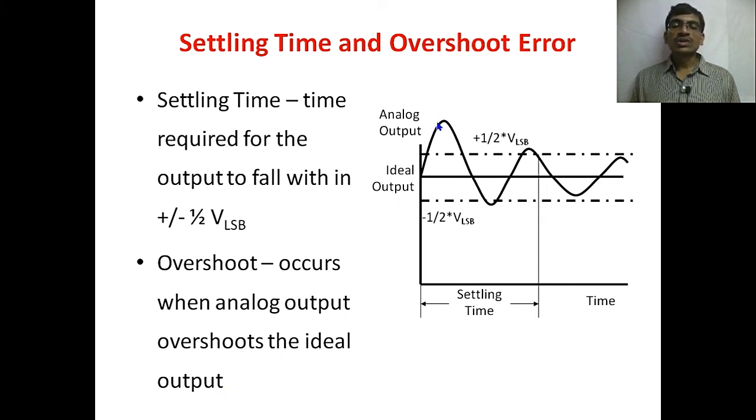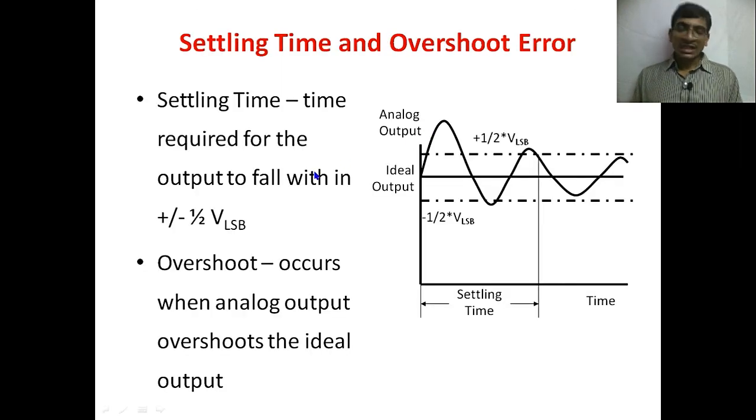Overshoot occurs when the analog output overshoots the ideal output. This is called an overshoot because exact output is this one, and then here the output is increased to overshoot and then decreased. And then here also we have overshoot. The voltage greater than the plus or minus half LSB variation is called overshoot. Here overshot, here also overshot somewhat, and here also overshot. After this it entered into the half LSB variation. This is called overshoot error, and this one is called settling error. If settling time is taking more time, then it is called settling time error.